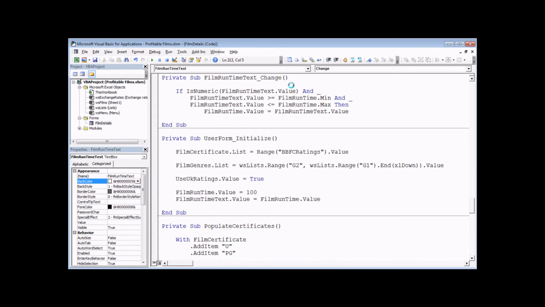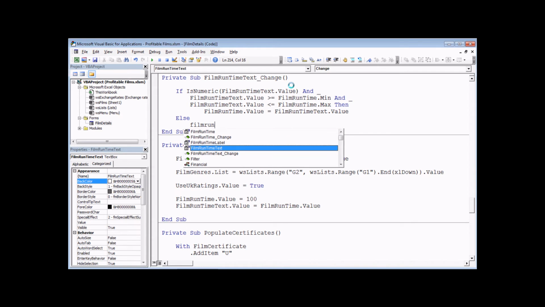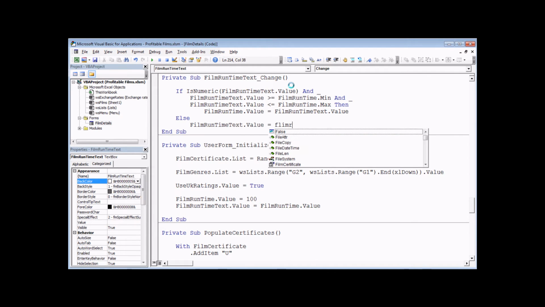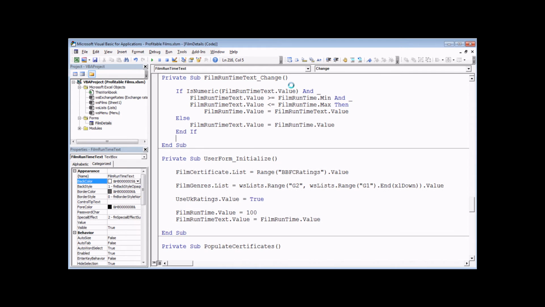button. If any of those conditions aren't met, then I'm going to have an else clause, and I'm just going to change the value of the film runtime text back to the value of the film runtime spin button. So we're going to say film runtime text dot value equals film runtime dot value. Can't stop typing that as flim rather than film, sorry about that. Film runtime.value. Don't forget the end if, and there we go, there's a basic validation done for that change